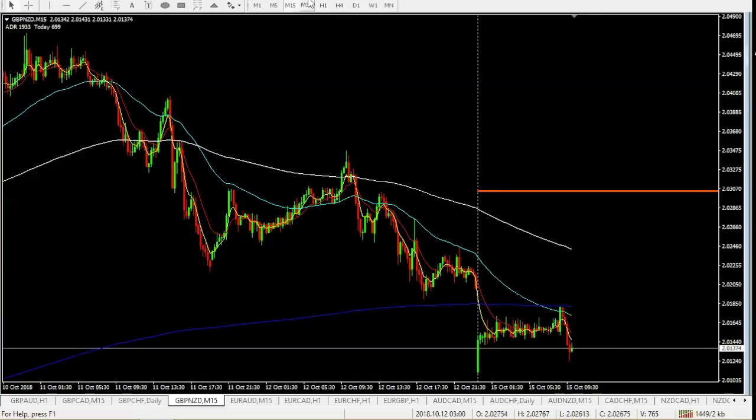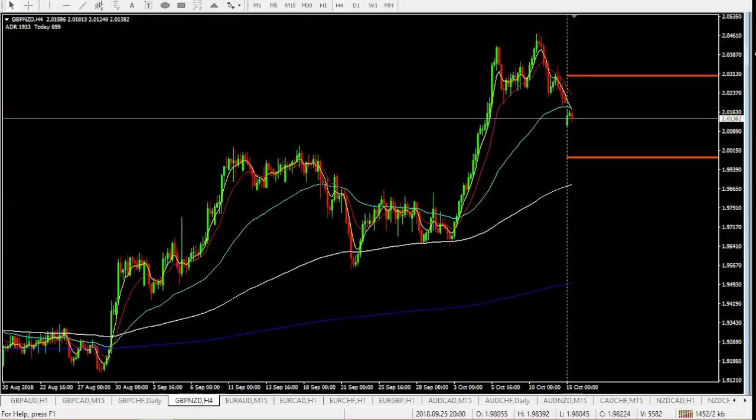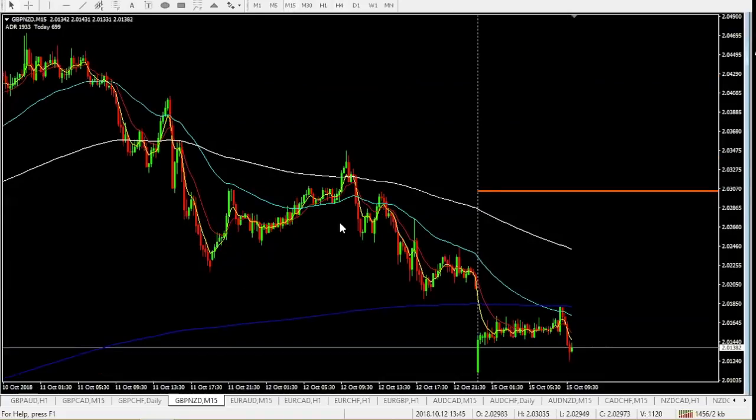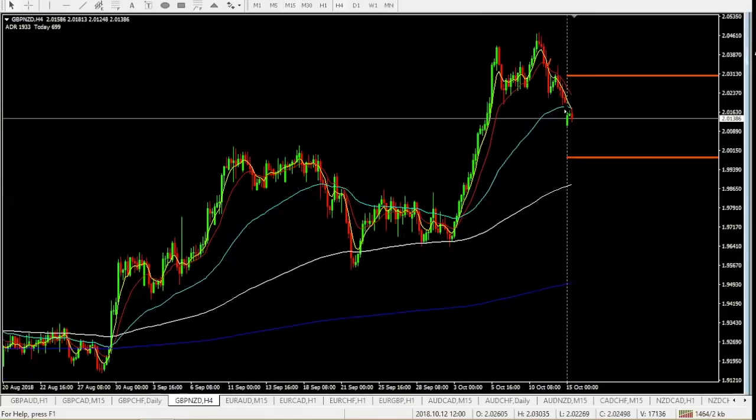We're going to take a look at this one too. We turn things up, and as you can see right here, where did it go? Straight to the 50 EMA. All right, that was 15 minutes. We saw our pause right here, right? And where did it go? To the dark blue line, which is 2 time frames up, the 4 hour, which is our 50. So again, this is a powerful indication to let you know